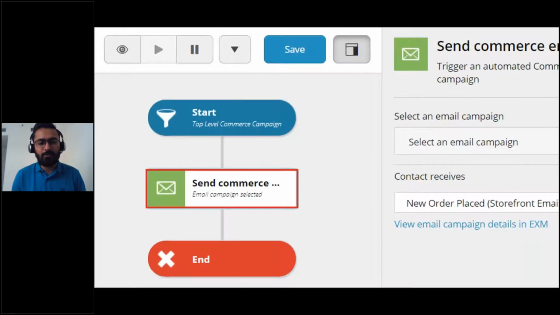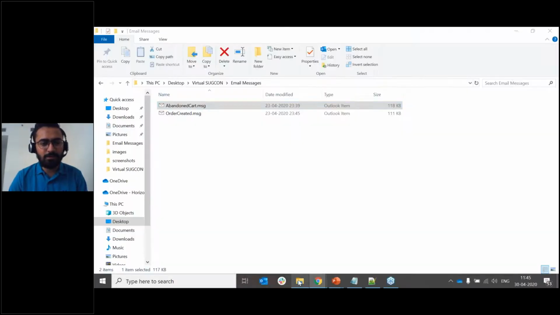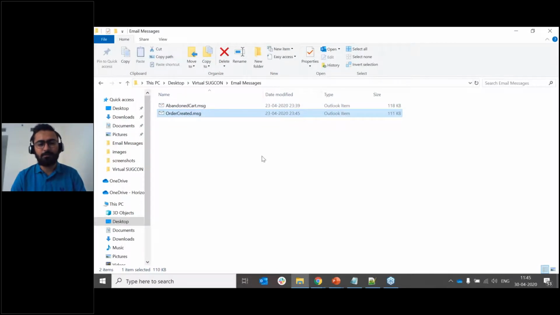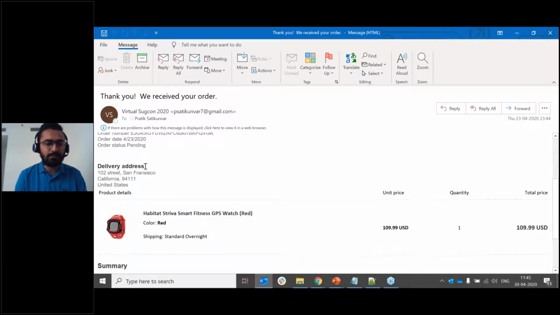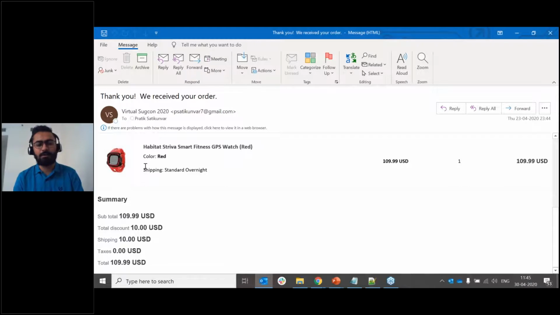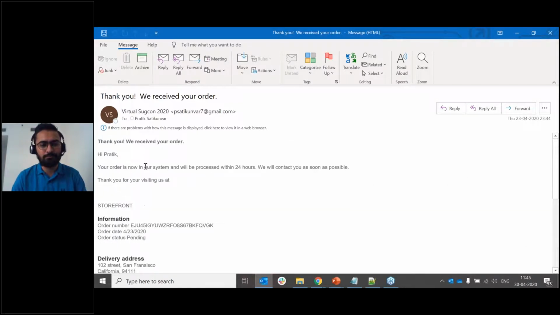We also have one marketing automation plan which is being introduced for orders. This plan is there in 9.2, where once a user places an order, they will be enrolled directly in this plan, and this plan will send an email, which is a thank you and order confirmation email. If you want to see that email, this is the email which I received when I placed an order. I get some information like order number, date, status, all the delivery information, and the cart lines which you added to that order.